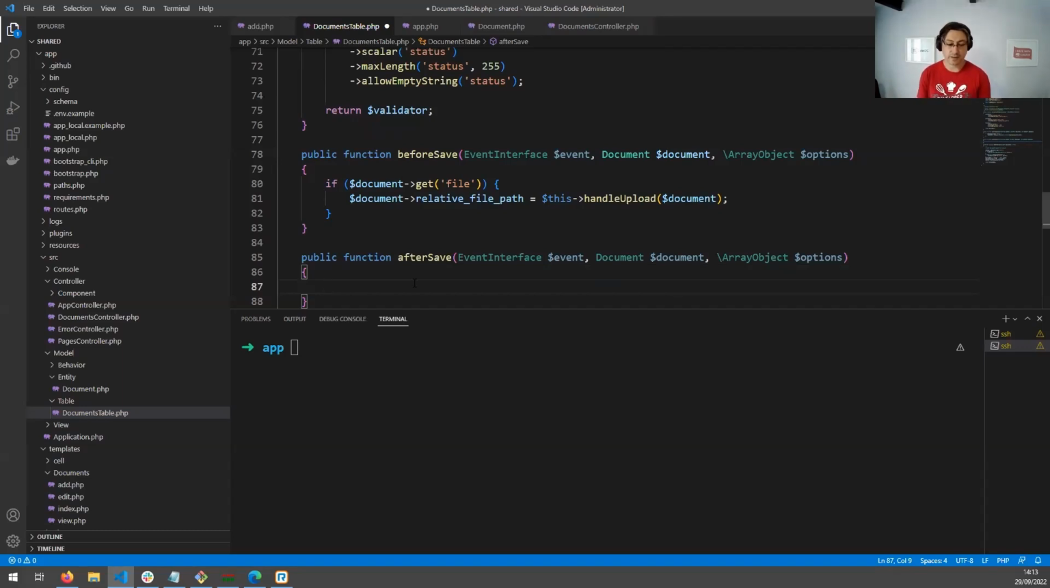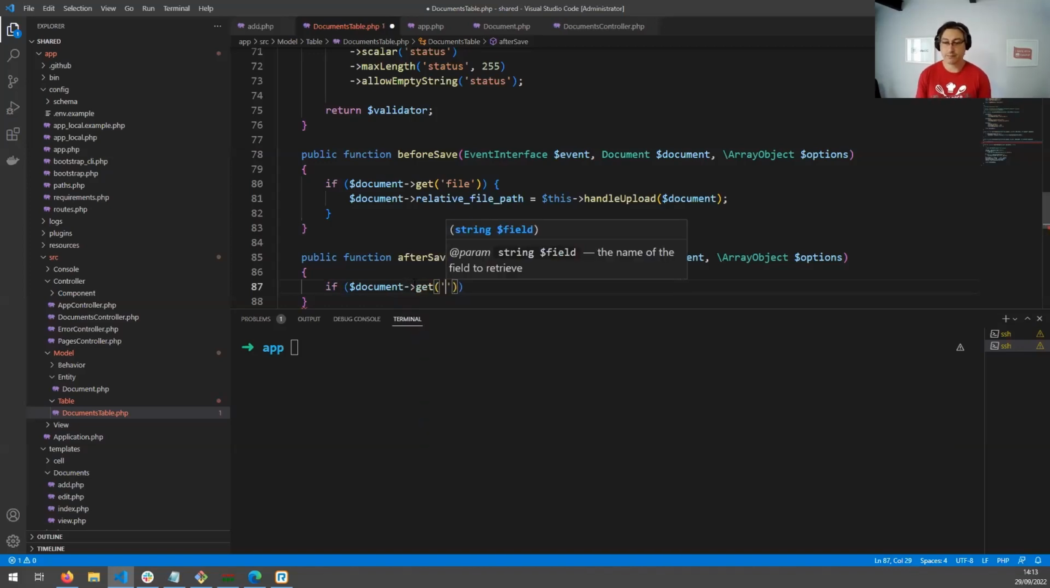So this is done basically using, actually, if the document has a relative file path,